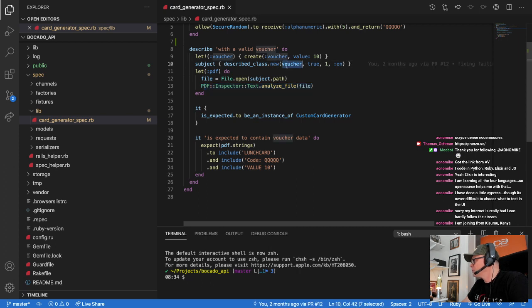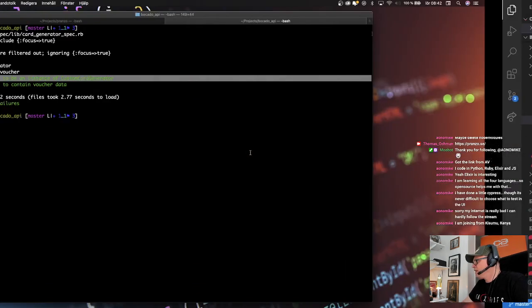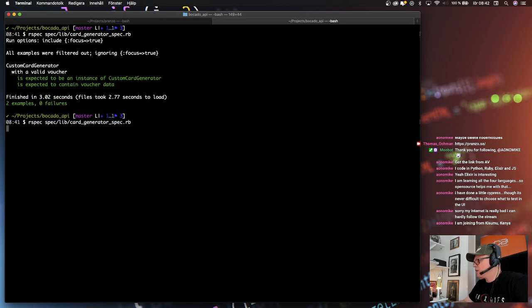I'm saying voucher, so I'm passing in the voucher. I'm saying render true, and the variant 1 and language n. So this means that if I would change that to SV, it will fail for me now, because the output